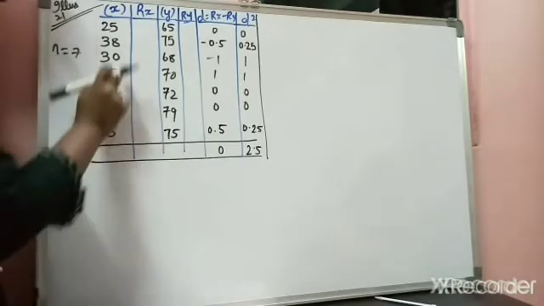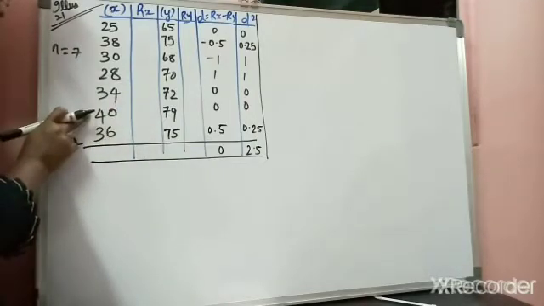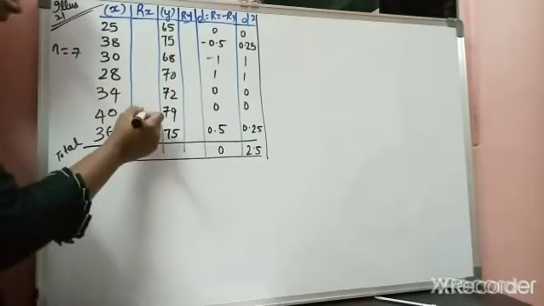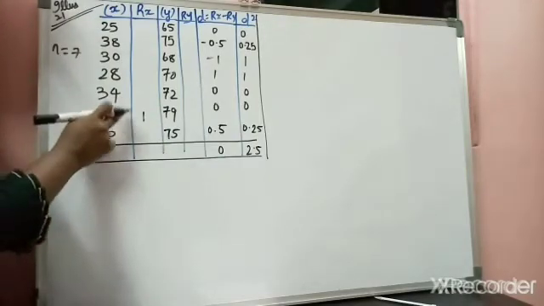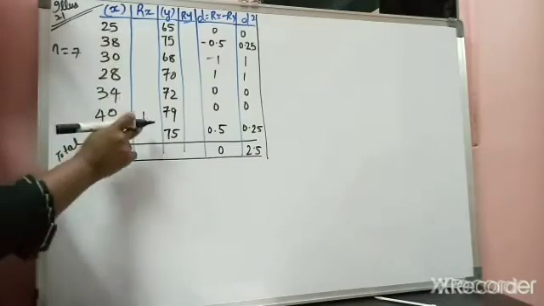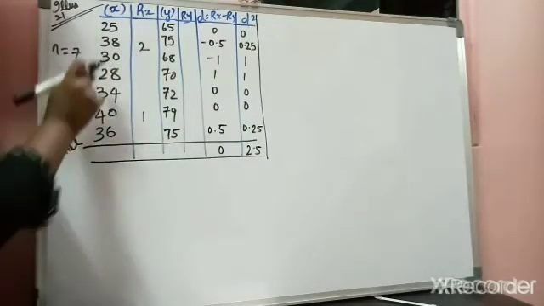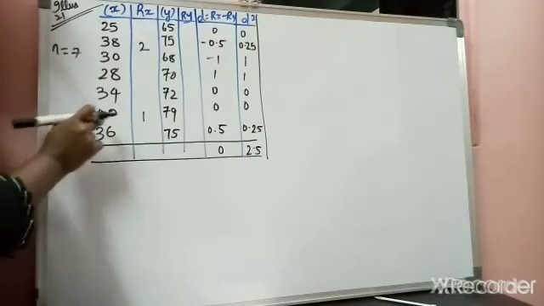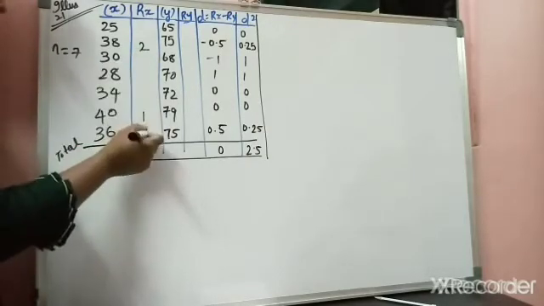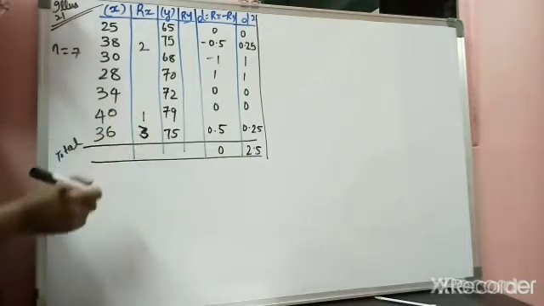Now you can see from this data the highest value is 40. So number 40 you are assigning rank 1. Then you have the second highest as number 38, so after 1 you are assigning number 2. Then after 38 you have 36 as the highest, so after 2 you are assigning it as number 3.